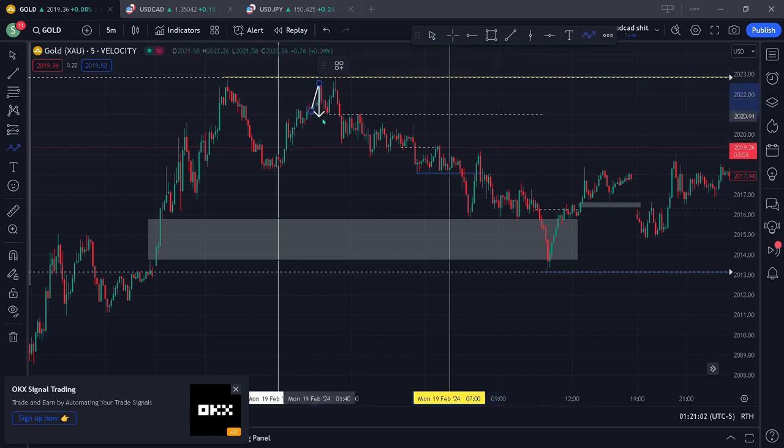For people that are here for the first time, what is a breaker? A breaker is a structure that is like so: a high, a low, a high, a higher high, a break in market structure. Vice versa, if you turn that around, that is also a bullish breaker. Moving on, so